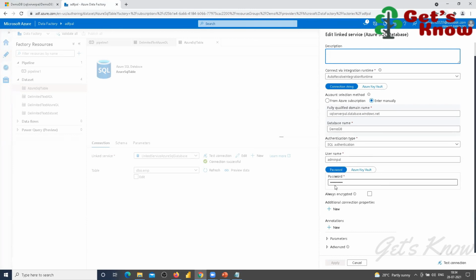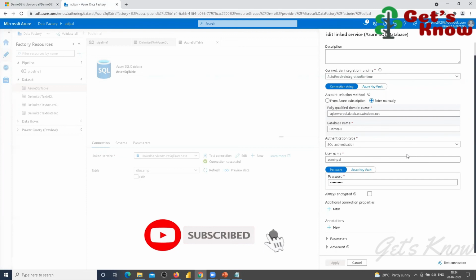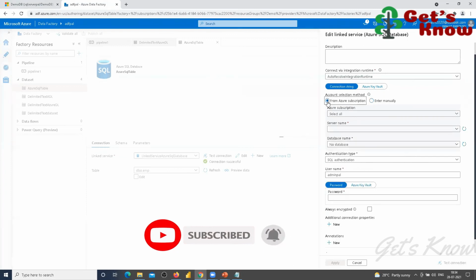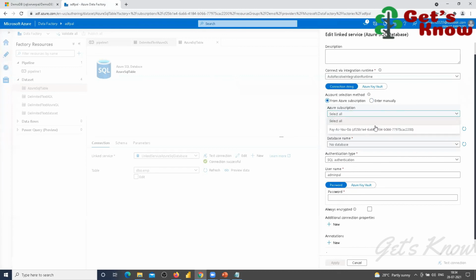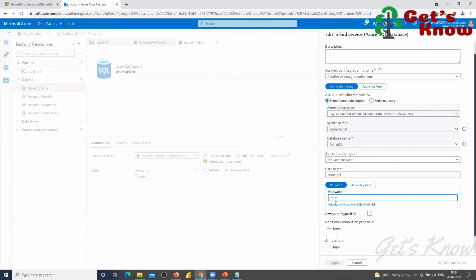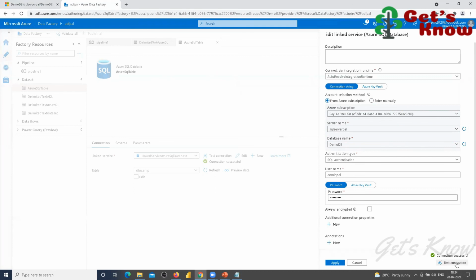SQL authentication, admin, and the password. This is Azure, and server name. This is the server name and the database. This is the database. Fine. Test connection. Its connection is successful. Then apply.